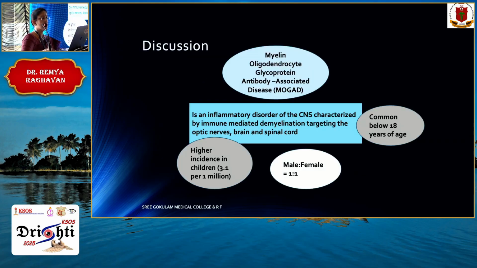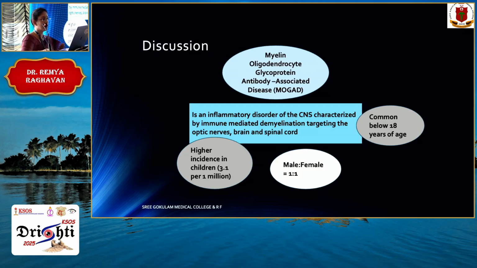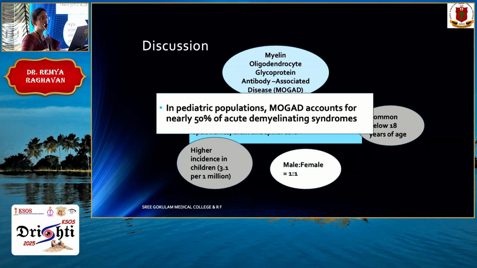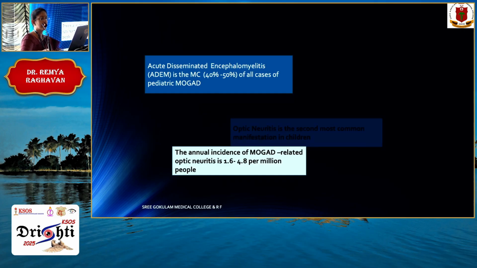So what is it? MOGAD is myelin oligodendrocyte glycoprotein antibody-associated disease. This is an inflammatory disease of the CNS which is characterized by immune-mediated demyelination involving the brain, spinal cord, and optic nerves. This is common below 18 years of age, and there is no sex predilection. Actually, MOGAD accounts for nearly 50% of acute demyelinating syndromes in children. But the most common manifestation of MOGAD is acute disseminated encephalomyelitis, and the second most common